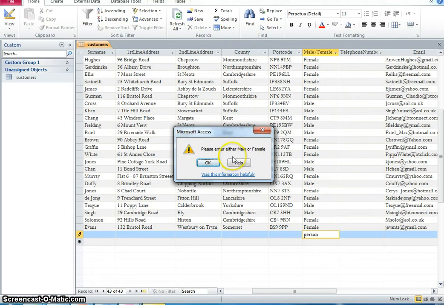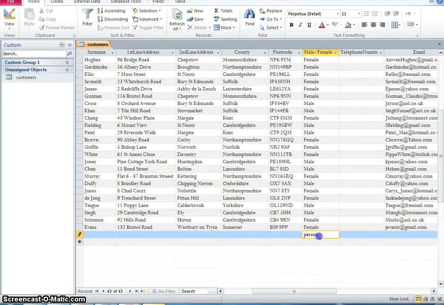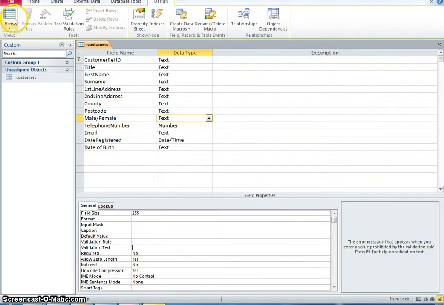So say I enter either male or female. Now what I would like to do is to try and create one of these warning messages. Okay, so I'm going to go back to my design view and go to my male and female section. What I'm going to do is I'm going to put in something called a validation rule, and that means that I have to put in very specific pieces of writing. So it's the male and female, so I want to make sure that the person writes in either male or female. So I'm going to put in my